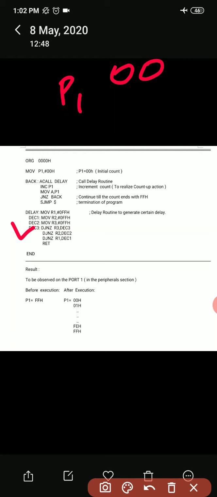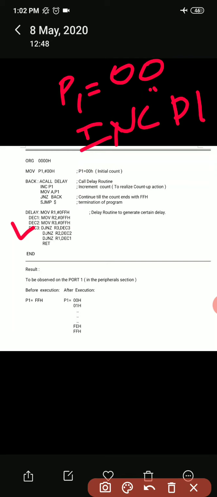This value is present in P1, so to increment we use the INC instruction and increment the content of P1. It will add 1 to the previous value of P1, and we will get 01, and that will be loaded in P1.